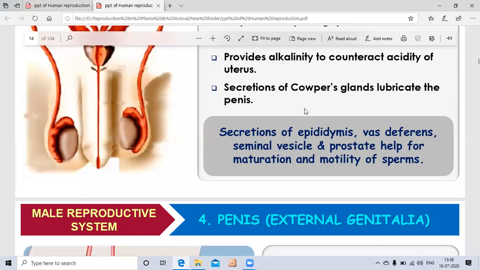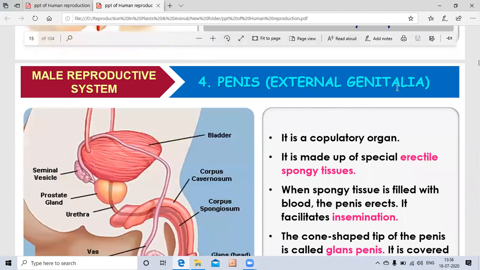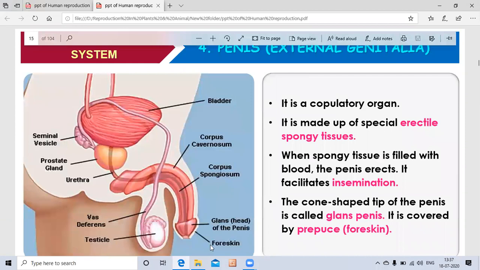Next is the last one. The penis, the external genitalia. The penis has the external genitalia: the foreskin, glans, corpus cavernosum, and so on. All these are parts involved in urine formation and transport, helped by all the organs. Urine is transmitted, and sperm is also transmitted, along with the